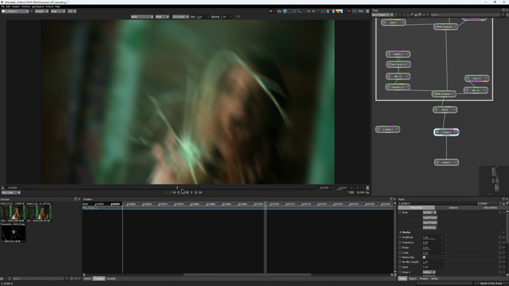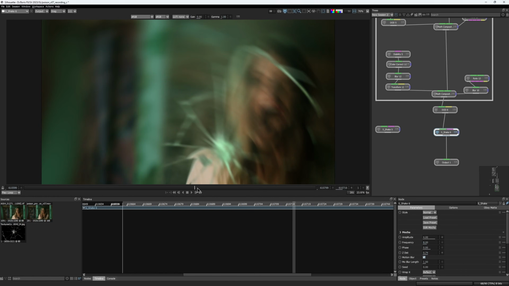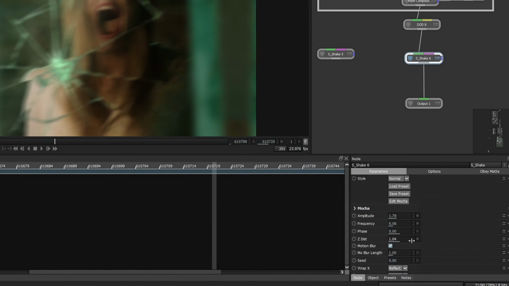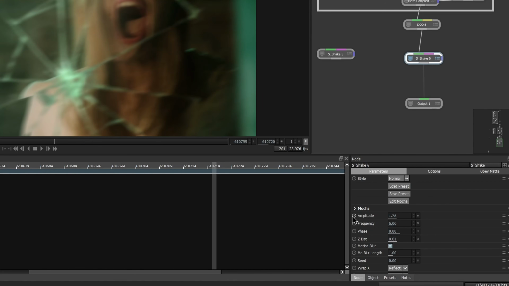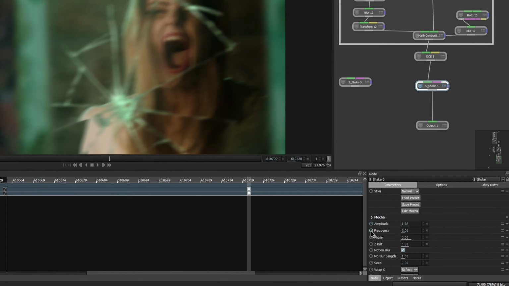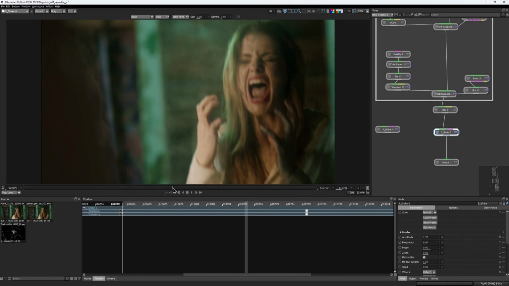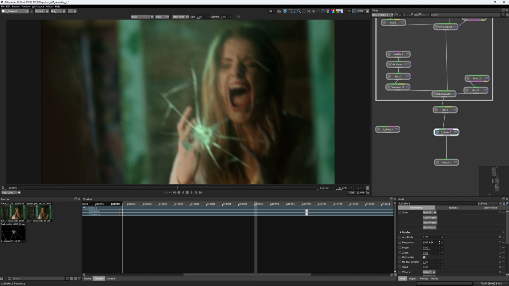So to make it a little less crazy, I placed my playhead on a frame where I want my shake to have the maximum amount and decreased the amplitude and the frequency to a bit lower values. I also decreased the distance parameter as I don't want to zoom too much. Then I clicked on the stopwatch icon for the amplitude and the frequency to create a keyframe on this frame. After that, I went back a couple of frames and decreased the values even more.